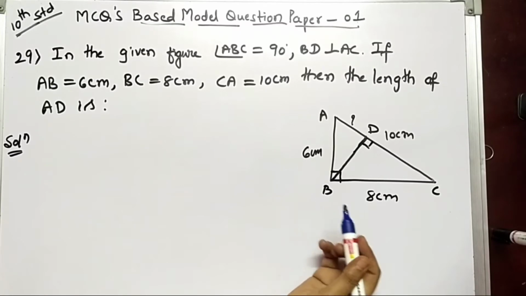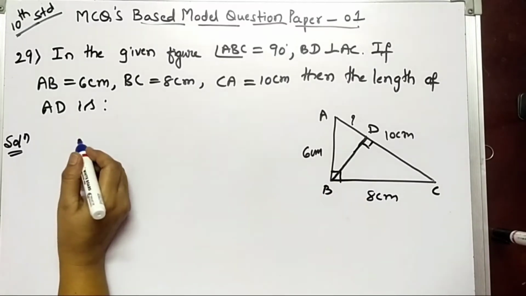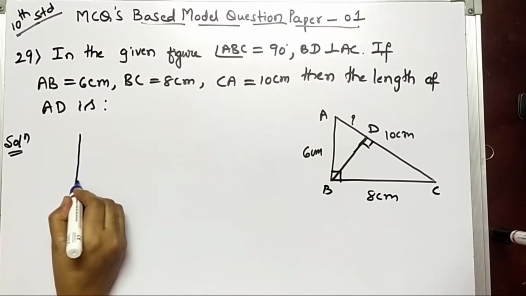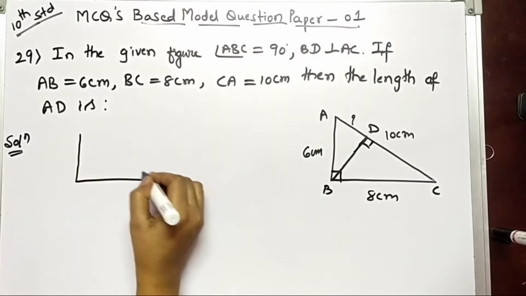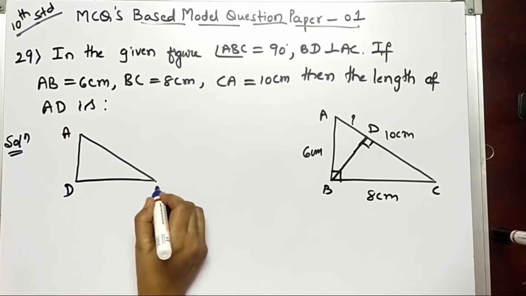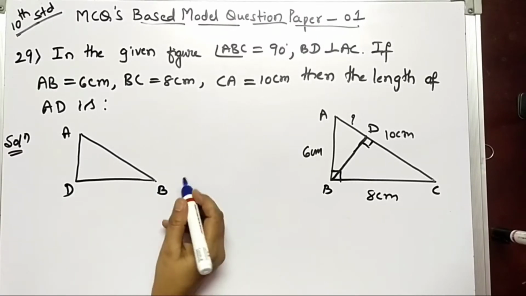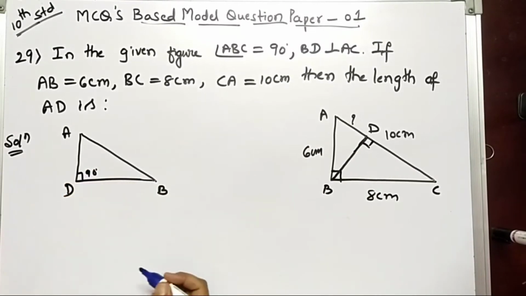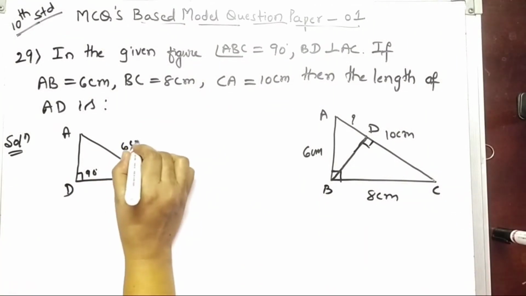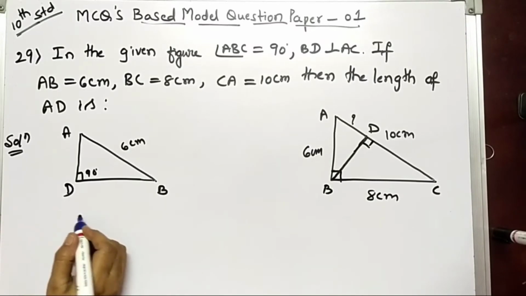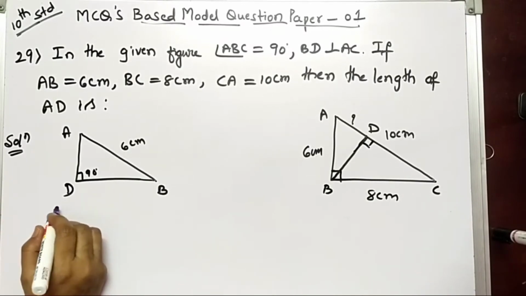Now you split the triangle into two triangles. I will show this one. So the diagram is, see, it is A and you write D and it is B. Yes, this triangle I am writing D, it is a 90 degree now. Now AB is 6 centimeter. Then these two triangles are similar triangles. Yes. According to similar triangle properties, I am writing the condition.